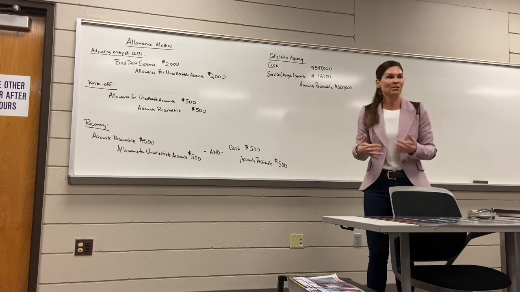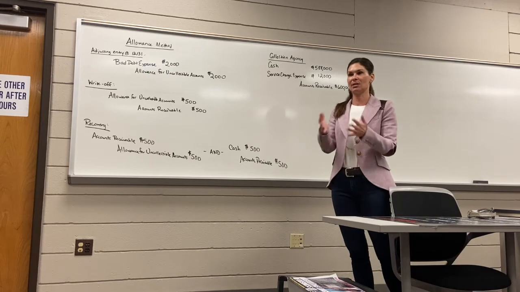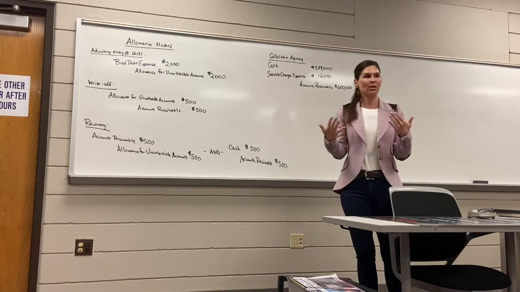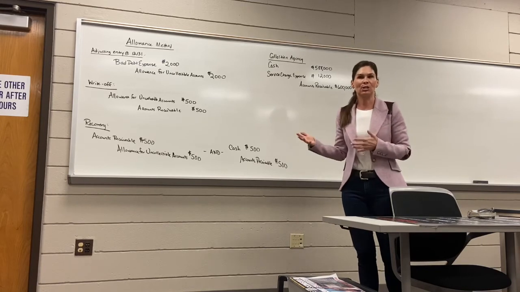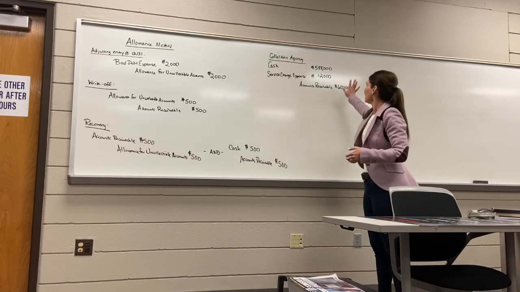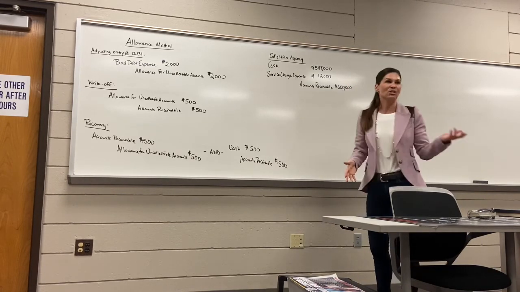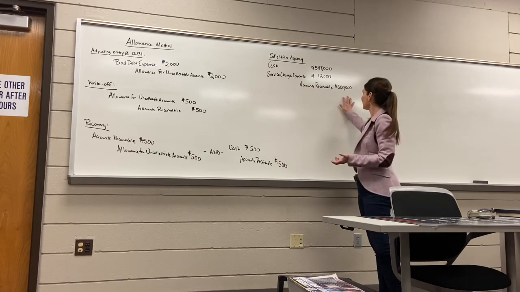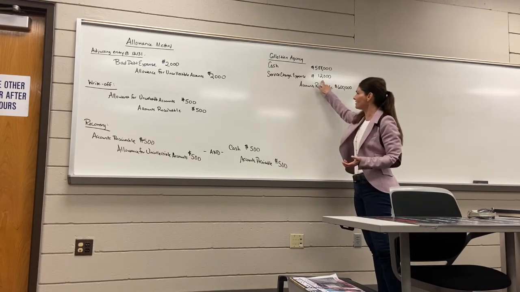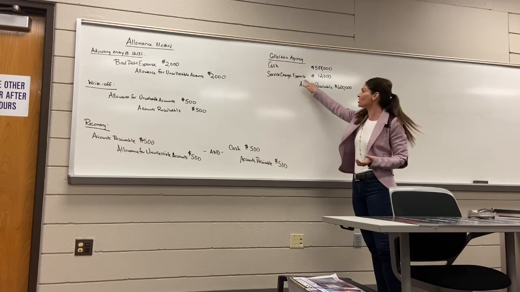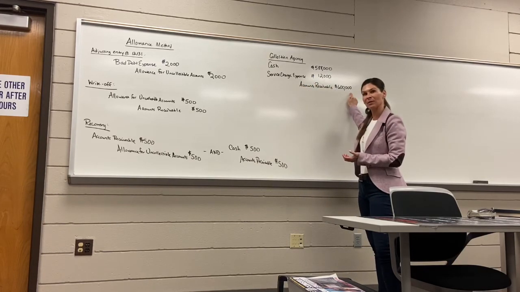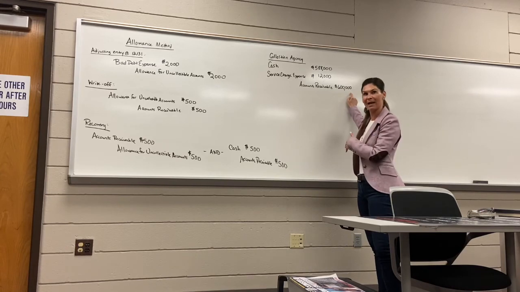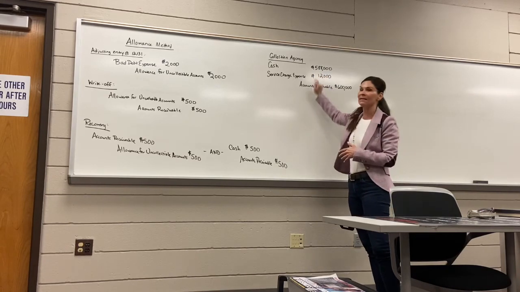Well, you don't have time to do that. So you go to the collection agency and you say, here's all the information. Now, what are you going to give me? And they're going to give you cash, but they're going to charge you a fee. So if it's $600,000, let's say they charge 2%. 2% of $600,000 is $12,000. So you see that I debited service charge expense $12,000. All of the accounts receivable gets written off my books. So it goes away, I'm done. And I actually leave there with cash of